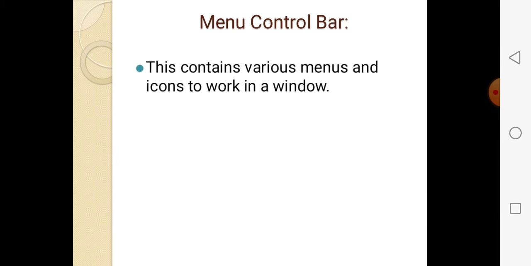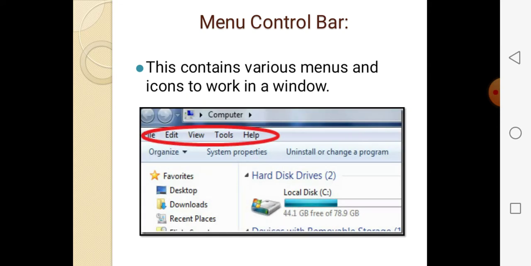Now, menu control bar. A menu control bar contains various menus and icons to work in a window. See this: file, edit, view, tools, help. These all are called the menu bar. When you use Notepad or Paint, below there are functions given like home, insert, view.